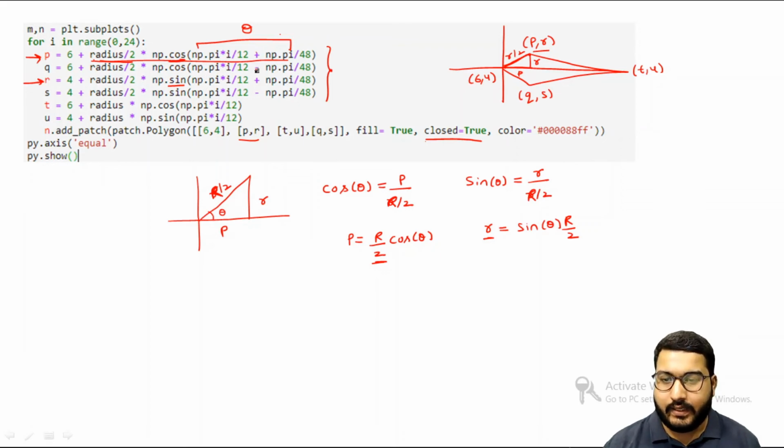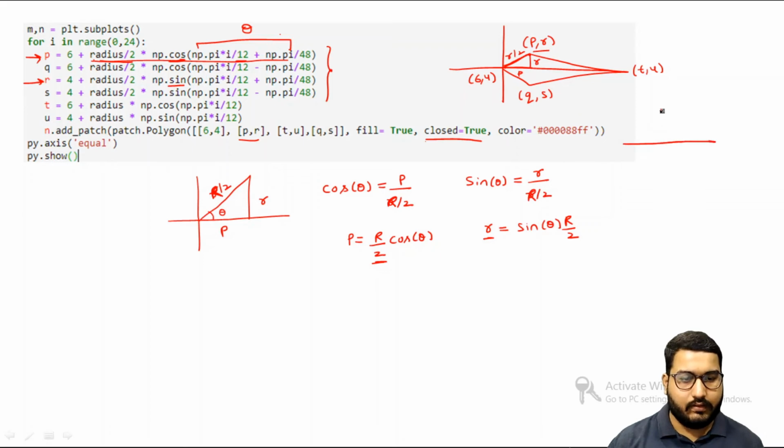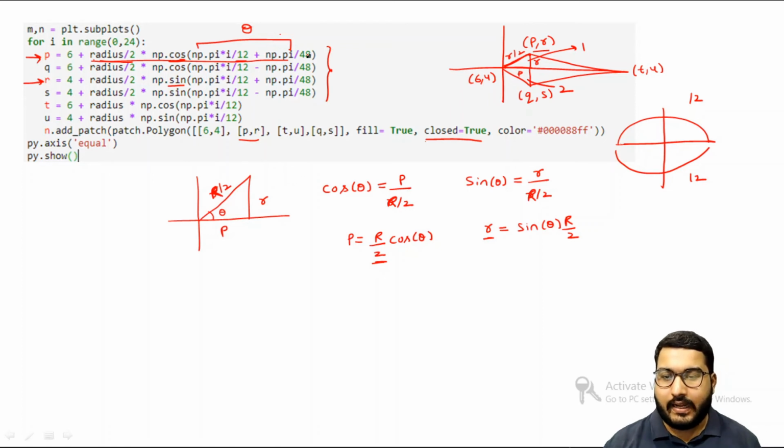Now over here, first of all, this is considering the half quadrant, something like this. Within this half quadrant you will be having 12 spikes in the above half, and 12 spikes in the lower half. Each spike will have two triangles, so this is triangle number 1 and this is triangle number 2. So basically I have 24 spikes. Each spike has two triangles, so the total number of triangles is 48.